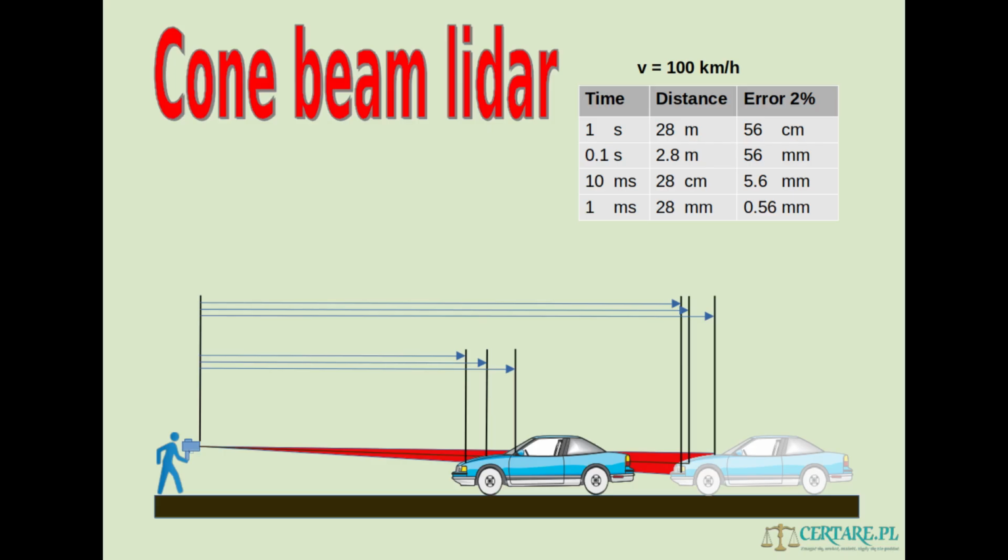If the time interval between those two distance measurements is 10 milliseconds, then the maximum error will be 5.6 millimeters. If the period is 1 millisecond, then the maximum allowed distance error will be 0.56 millimeters. And that already shows the problem, because you have to measure two different distances at some time interval,